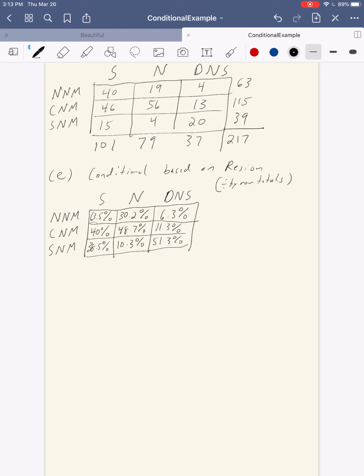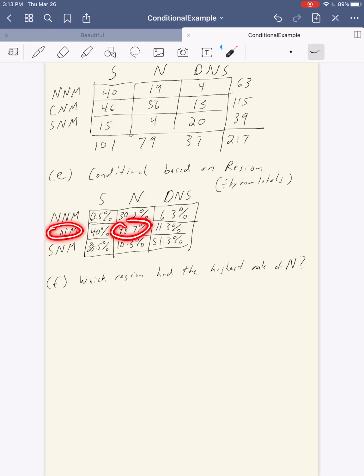All right, so what can we do with this? Well, the first thing we were asked is which region had the highest rate of neutral. Well, we can look. The neutral rate for northern New Mexico was 30.2%. For central New Mexico, it was 48.7%. And for southern New Mexico, it was 10.3%. So we would say central New Mexico with